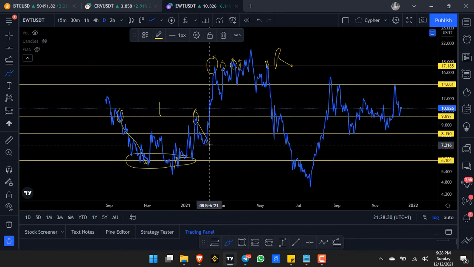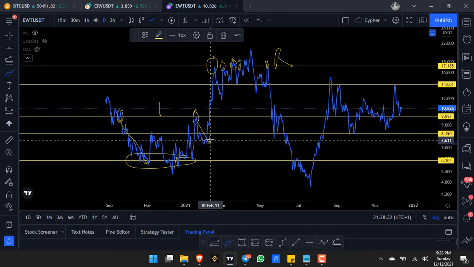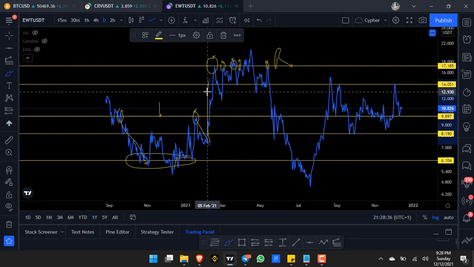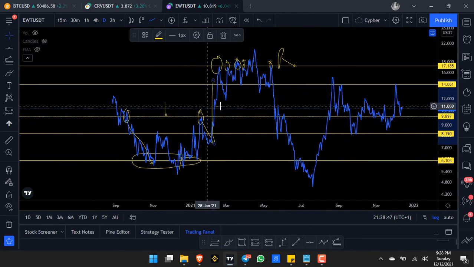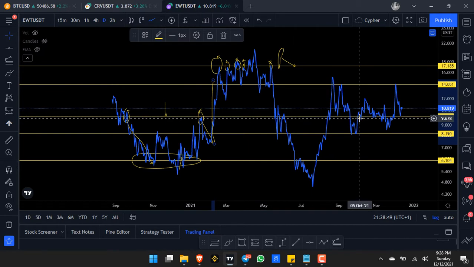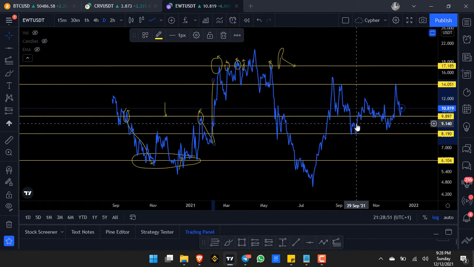Now it came back a third time to try it again, and it did what? It was successful. So a resistance level needs to be tapped more than once before it can be broken, right? So the purpose of this whole lesson we are having right now is, one, to teach